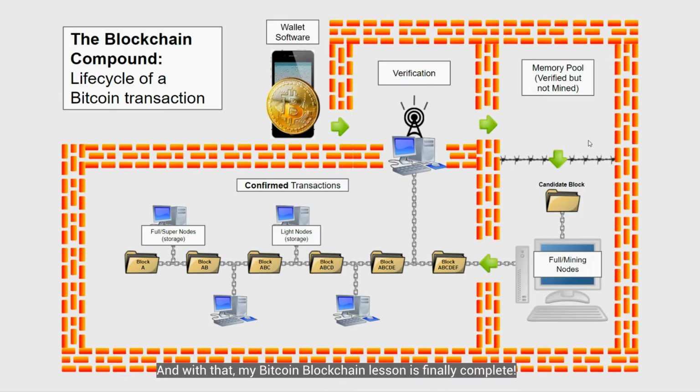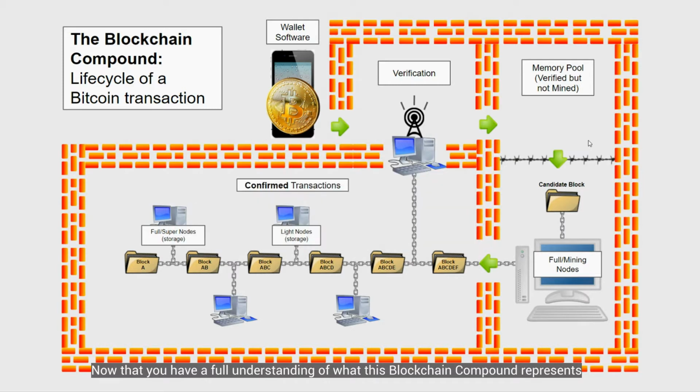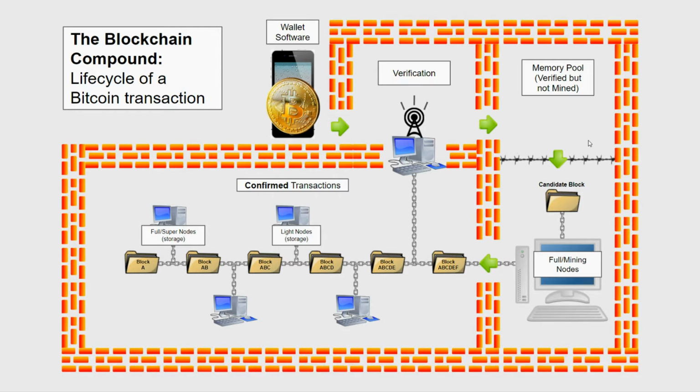And with that, my Bitcoin blockchain explained lesson is finally complete. From the wallet software with elliptic curves, public keys and private keys, to the verification process with unspent outputs and digital signatures, to mining, to nodes, to the block reward, to the halving schedule, I've pretty much touched everything surface level that you need to know to be a comfortable Bitcoin investor. You now